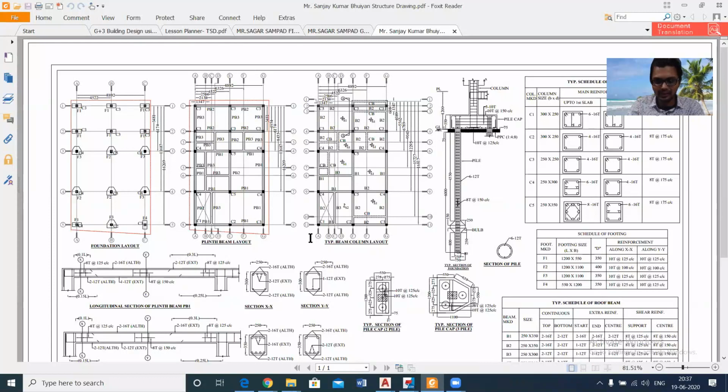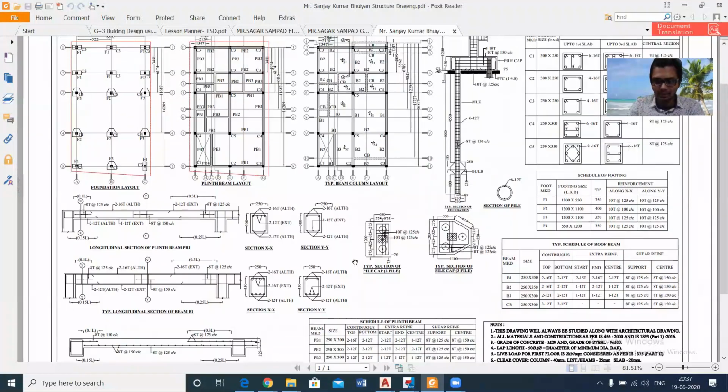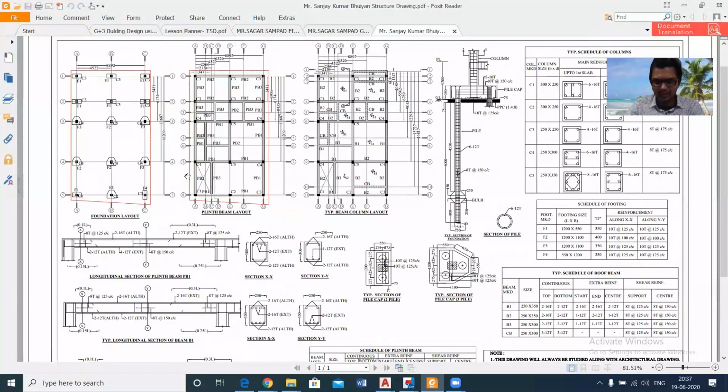So if you are a civil engineer, and you want to go in the field of structural design, then you need this. I think some of you have seen this before. This is our structural drawing sheet, and in this basically all the structural members, dimensions, as well as properties are given. So what are the structural members we have to understand before starting our demo class.